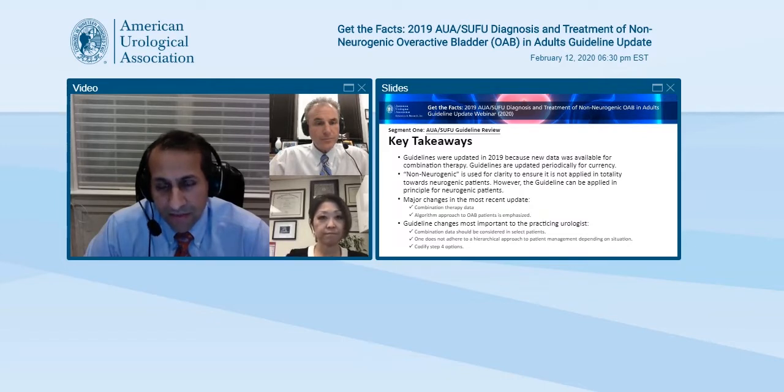And that was really specifically highlighting the cognitive issues that sometimes happen with the use of anticholinergics, which many of us would consider as second-line therapies and medications, but that can have some side effects, especially for the elderly. So we wanted to offer the clinician some flexibility in not having to stay in the hierarchical fashion that we have it listed. And then lastly, codifying the step 4 options, including diversions, that I think too many people were stopping at step 3 and perhaps not going appropriately in some cases to step 4, again, diversions in some patients where it may just be necessary. Again, albeit a few patients, I think it's necessary in some.